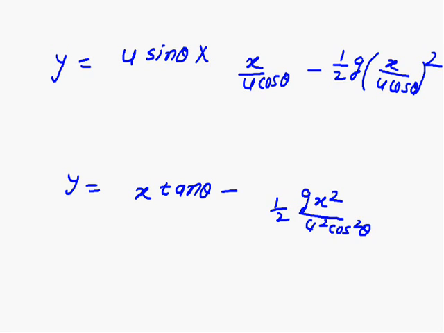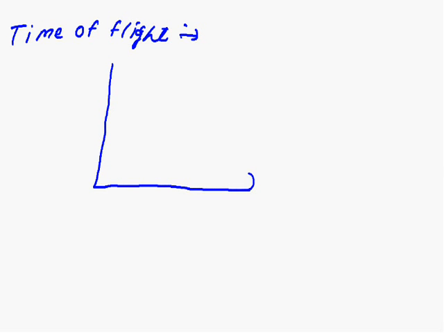Now we obtain the equation of time of flight. First we know about the time of flight. What is time of flight? The total time for which the particle covers its trajectory is known as time of flight. Now we obtain this equation in two parts. The first part is the time of ascent and the second